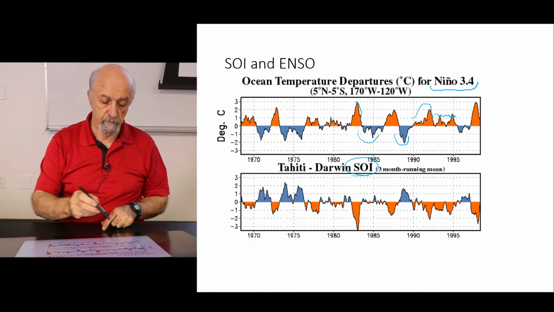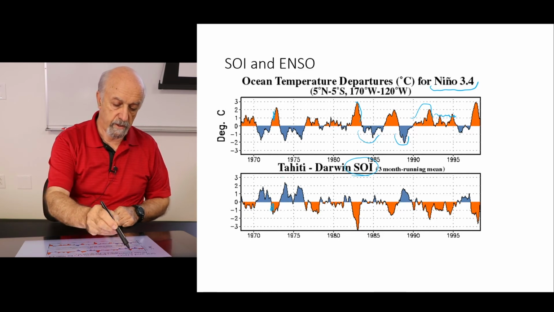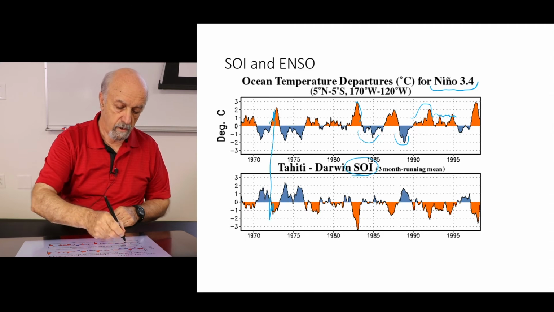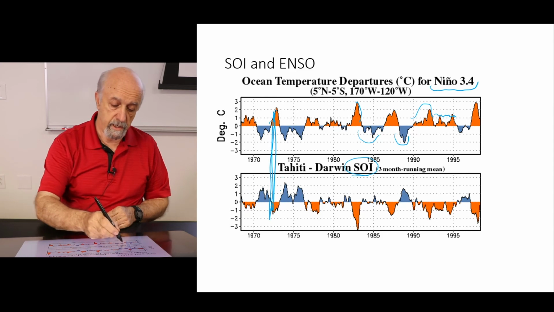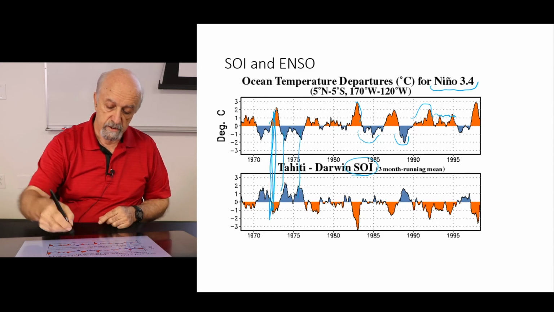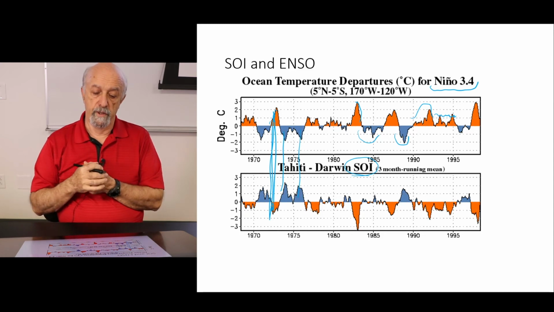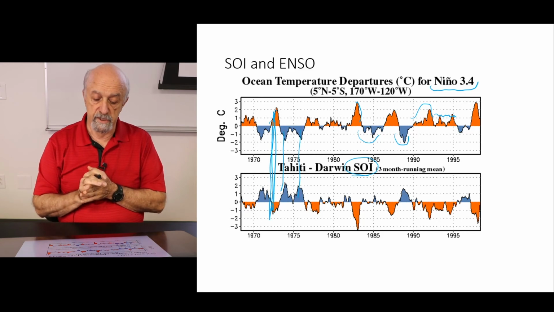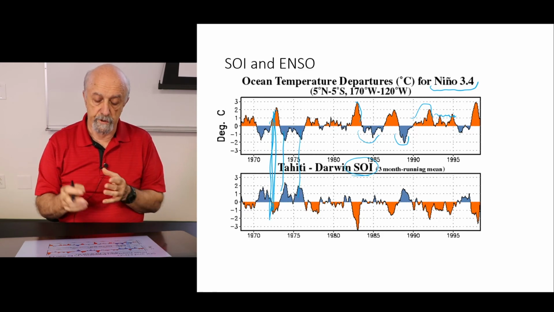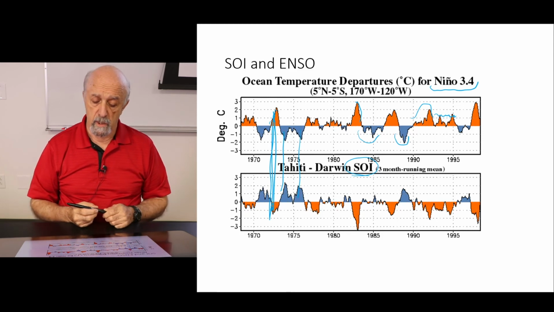And we see the negative value here for Tahiti Darwin means the same thing as this. So this correlates quite well. That's El Niño. And La Niña too, right here. So all these values are representing that what we start seeing first with the sea surface temperature departures and the Southern Oscillation Index are happening quite at the same time.